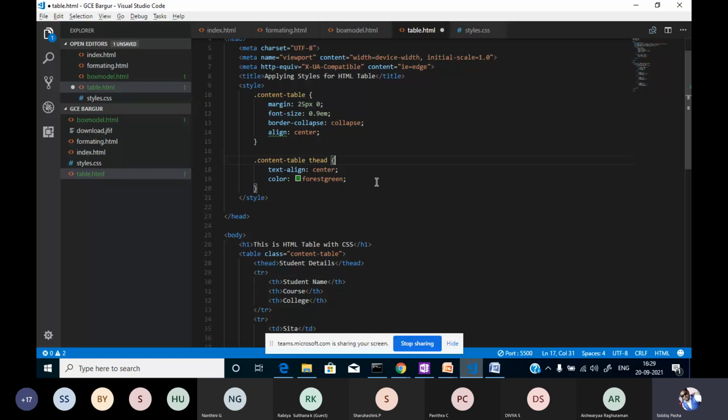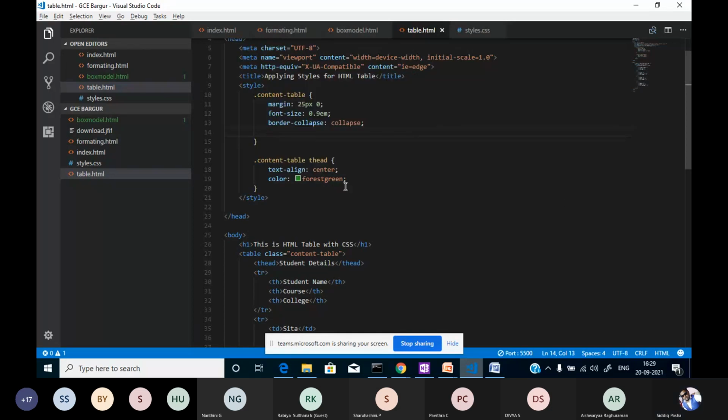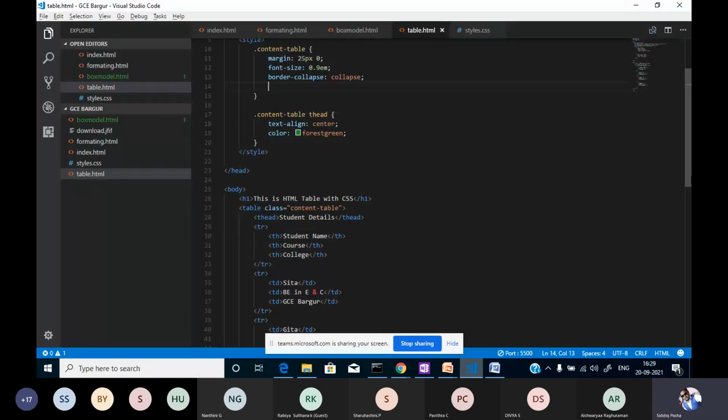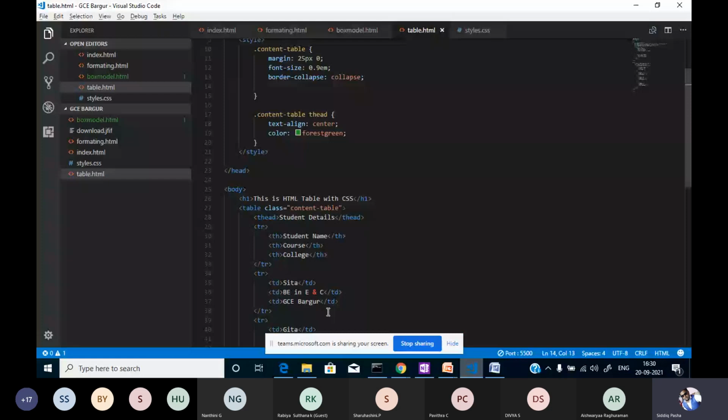Actually, for this we should not use align all. The content table name is the same. Content table, content table. Okay, it's not rendering.